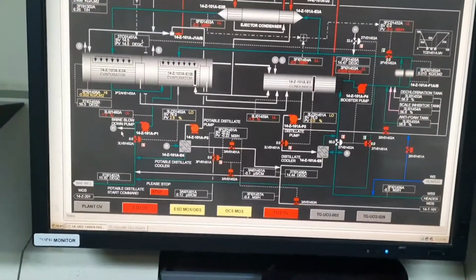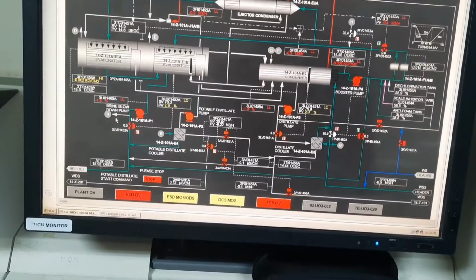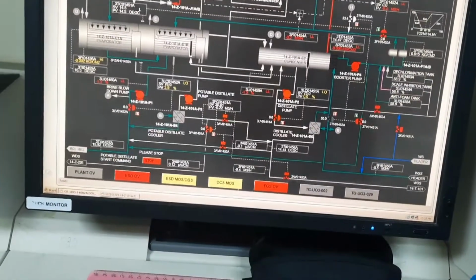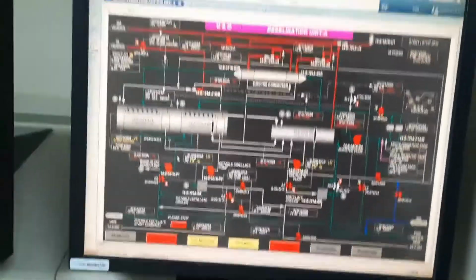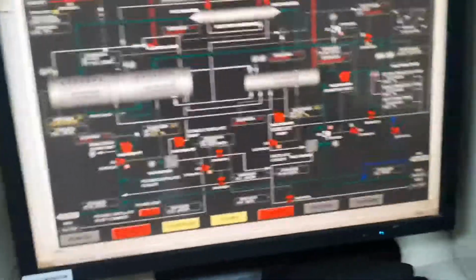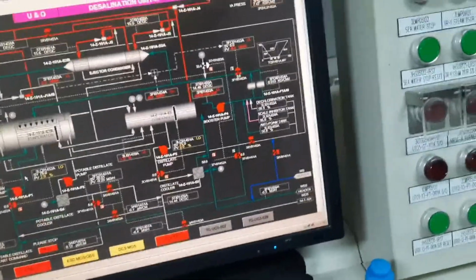Okay? Acid injection at the suction of the pump. Without a pump, the acid goes in because this side is at vacuum pressure. This unit is at vacuum pressure, so normally it will go automatically, because the evaporator is in vacuum condition. So this suction side is at low pressure, and normally it will be sucked.